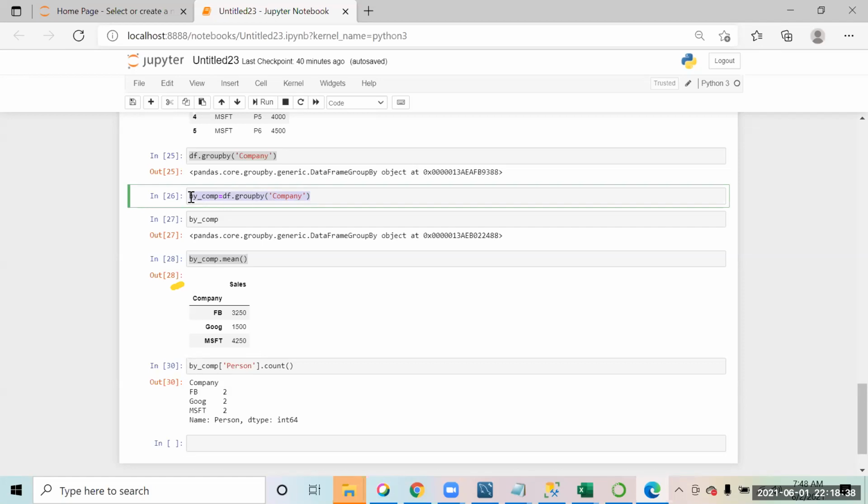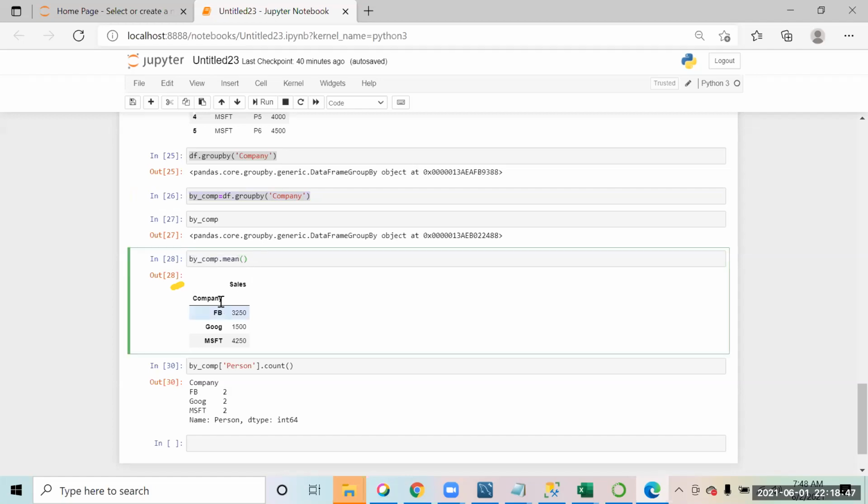If your data has multiple numerical columns, like sales, profit, revenue, and you say mean, it will by default give you the mean of all the numerical columns. But if you want to see the mean of only 1 or 2 columns, we just specify that column, that we want to see the output for only that specific column, right?